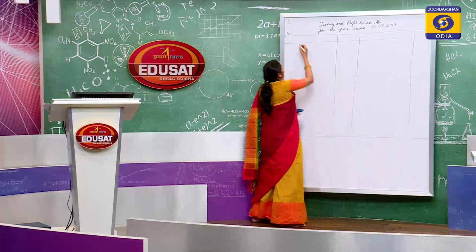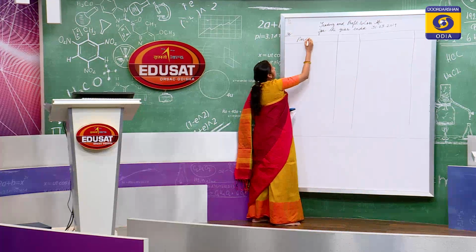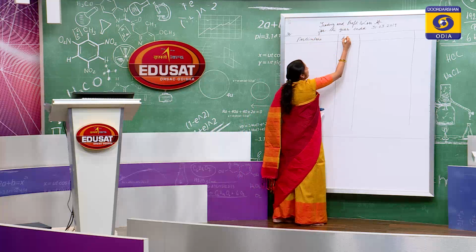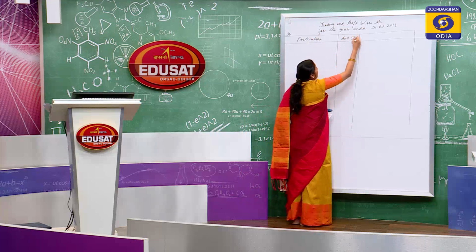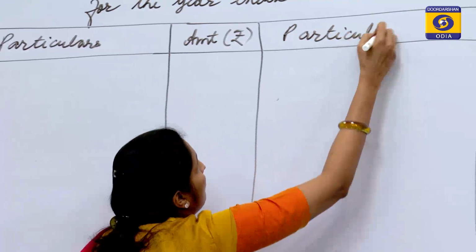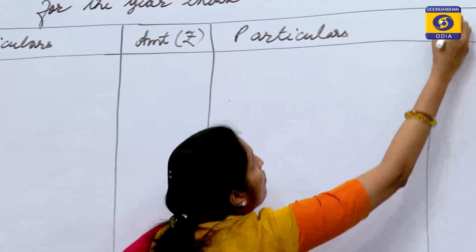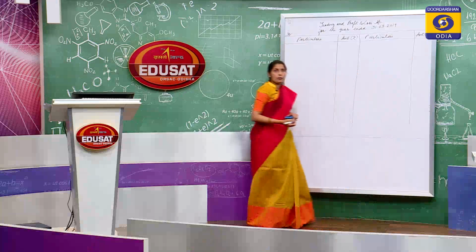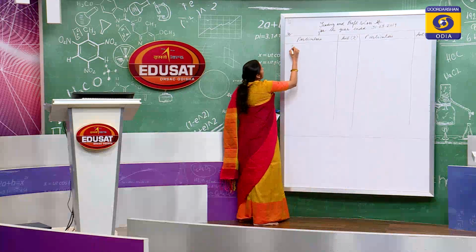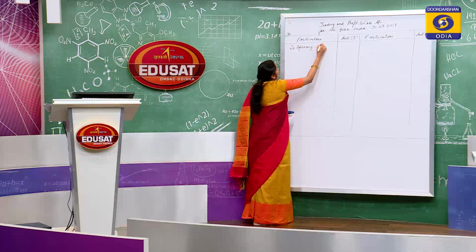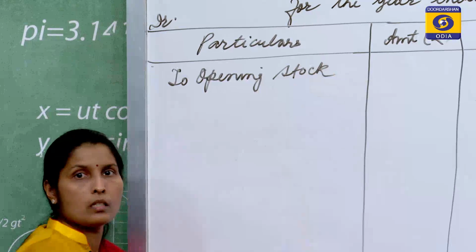And we have here particulars, then we have amount, again we have particulars, and here we have amount in rupees. So, let's get started with the debit balance. To opening stock. Opening stock amount given to us is